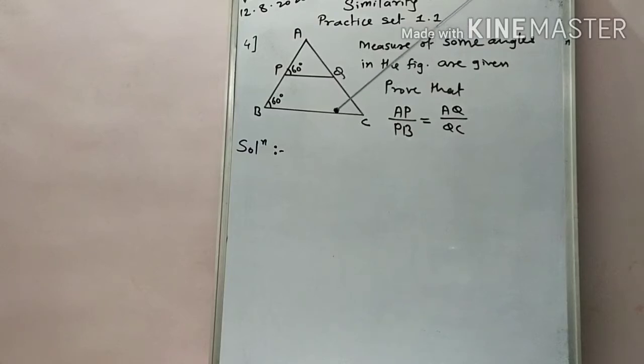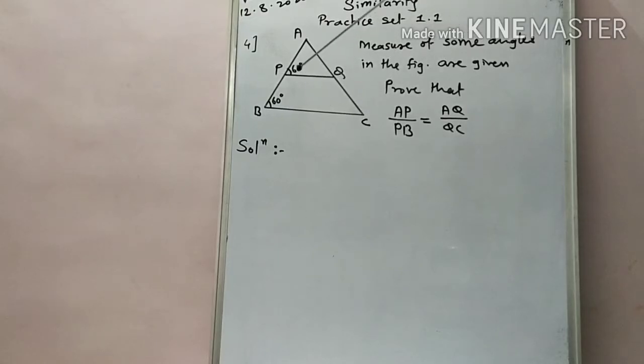So you have to prove that the line passing through P and Q is parallel to BC, or you can say you have to prove PQ is parallel to BC. Then we say, using what? Yes, the BPT theorem: if a line is parallel to one side of a triangle, then that line divides the remaining sides in what? The same proportion. So how do we prove that PQ is parallel to BC?